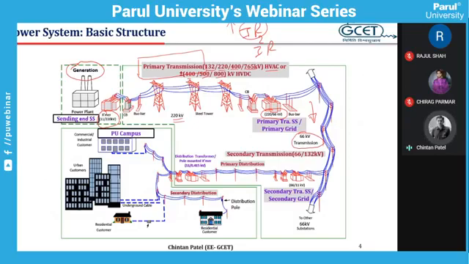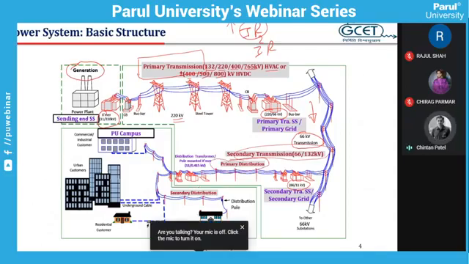So this transmission network is known as the secondary transmission network, where voltage is transmitted either from 220 kV to 66 kV or 132 kV to 66 kV and so on. At the end of the secondary transmission network, there will be a primary distribution in which the voltage is further stepped down from 66 kV to 11 kV. And after that, the primary distribution is started.